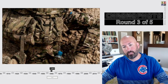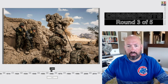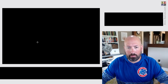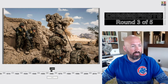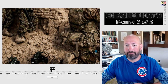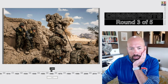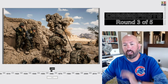Let's look at the water bottle. Okay, it's hard to see much, but there's probably some gun experts that are looking at this gun right here and saying, oh, well, that's definitely the such and such that was made in these years. Oh, what happened? Okay, my computer just went crazy there for a second. All right, I'm sure there's some people that know exactly what's going on with these guns, but I don't. So I think it's newer. I don't know when, and the quality of the picture is really good too. I don't know when exactly the digital camo became a thing, but